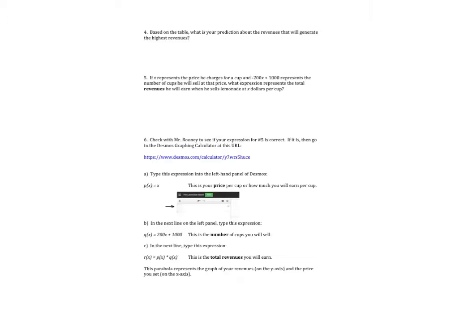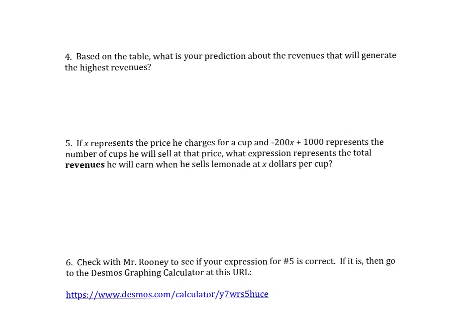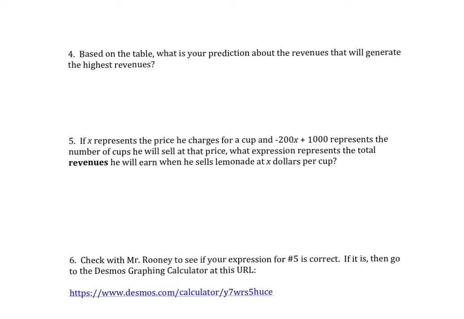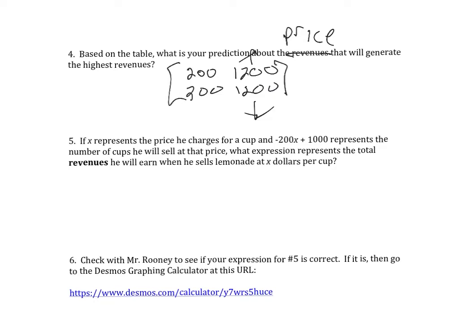So let's go on to the next, and it's saying, what is my prediction about the price that I will set that will generate the highest revenues? Well, if we go back to our table, we can see that when x was equal to 200, we had revenues of 1,200. When x was 300, we had revenues of 1,200. And from here it goes down, from here it goes down. So somewhere in between these two would be my maximum. And I'm pretty sure that it's going to be exactly halfway, which means that at $2.50, I would generate my